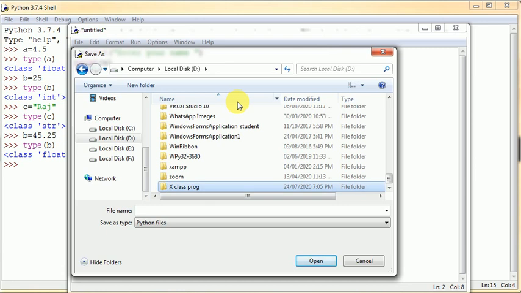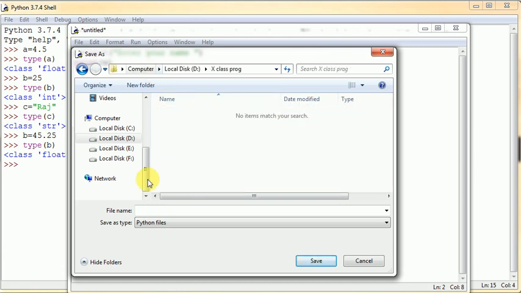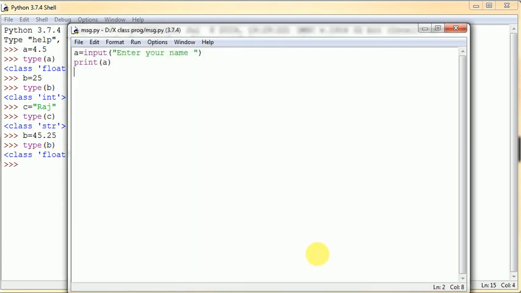I created one folder here in the D drive and am giving the file name MSG, and save. Now this file is saved. You look here, msg.py. That py is the default extension of a Python file.